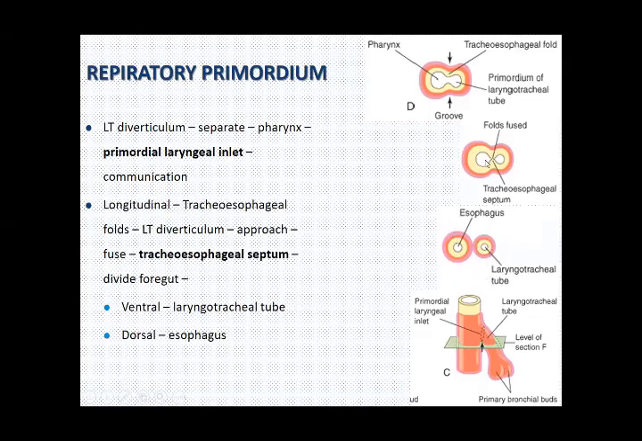ये जो fold that is formed by the fusion, the structure which is formed by the fusion of the two folds is called laryngotracheal septum. ये इसको divide कर देता है. This septum divides the foregut into an esophagus and lower part of the pharynx, and then ventrally placed laryngotracheal tube. अच्छा,